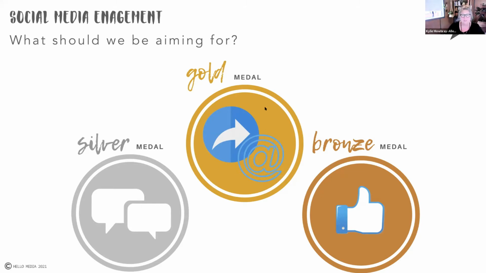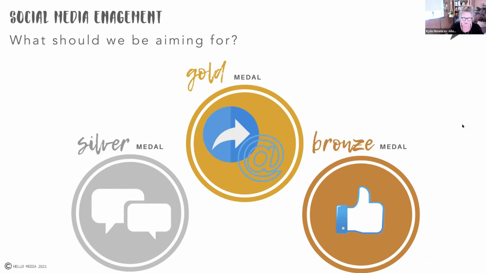And then the third one, which of course is the best, is the gold medal. And I'm giving that a two-prong gold medal. So first equal. The first one would be if somebody shares your post, whether it's on stories or in your regular feed. If they share your story or share your post, that means it's new eyeballs that had never seen that post before and never knew about you before. So that's winning there. And then the second way is that if they tag somebody in your post, that's also really well and truly winning.